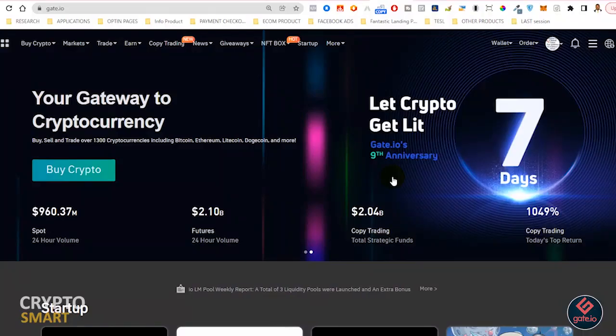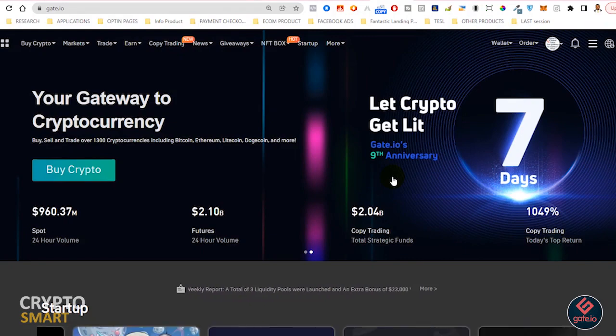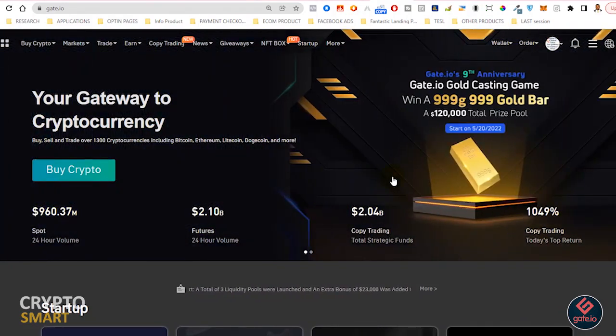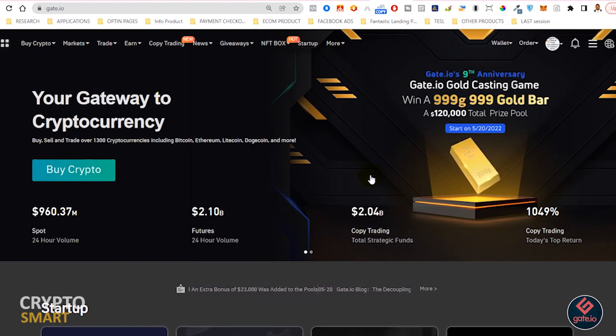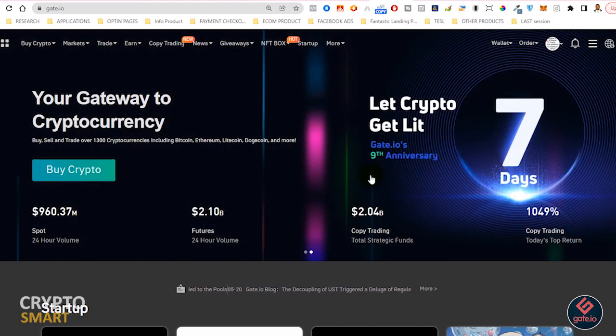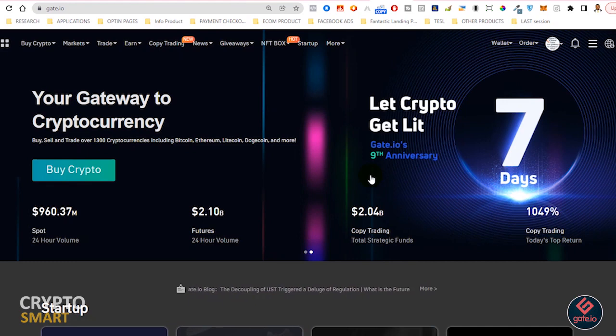Hello, crypto smart investors. For all the NFT enthusiasts, I'm just going to be showing us how to create our first NFT on the Gate.io platform. Wow, is that not super crazy? Now, for those of us that are just starting out, Gate.io is one of the top crypto exchanges, and it